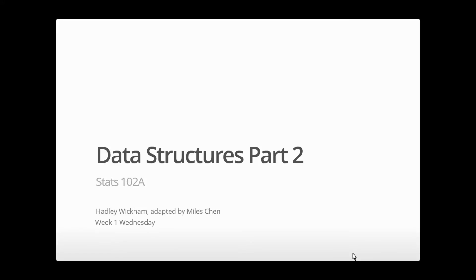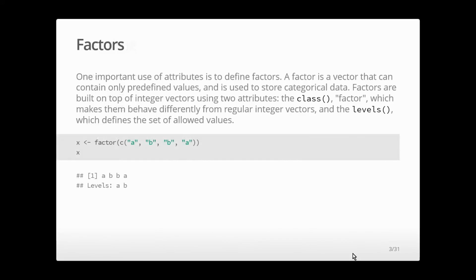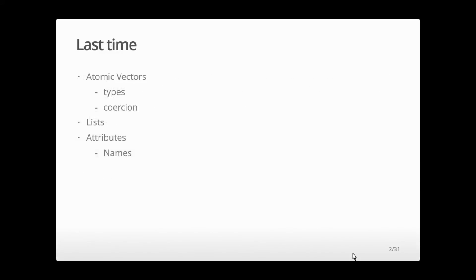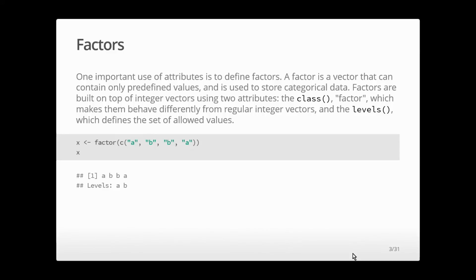Okay, today we're going to continue our discussion on data structures. We left off on Monday. We talked about vectors, atomic vectors, and lists, and then a few attributes such as names. For atomic vectors, we looked at the different types, coercion, and lists, and as far as attributes go, we just covered names. There are other attributes that are useful, and here we have something called levels, which